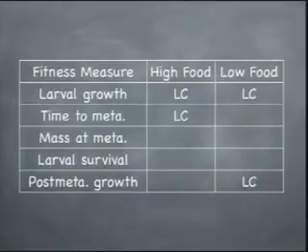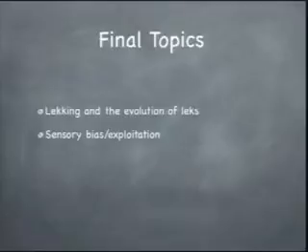When the female mated with the long call males, there was some measurable, significantly different trait in the offspring where the long call offspring were better. Okay? Does that make sense? If it weren't the case, and there was a significant difference, you might see SC and LC, short call and long call, interspersed. So I'm going to stop there and talk about a few final topics on sexual selection before we move on.